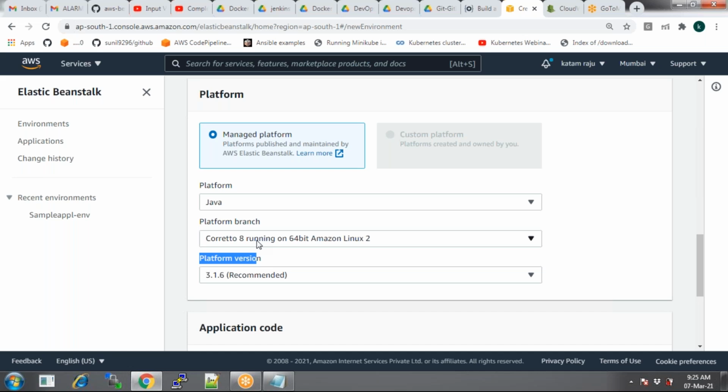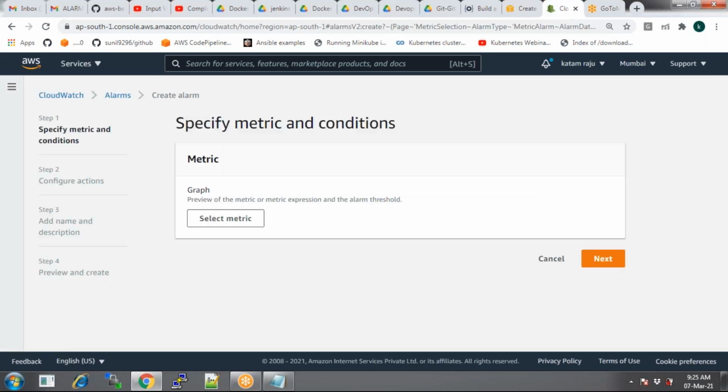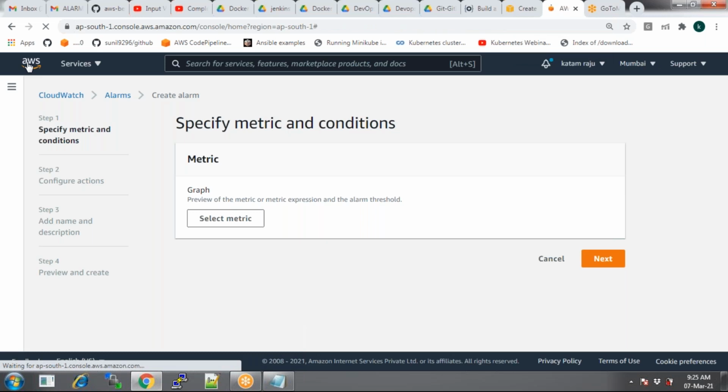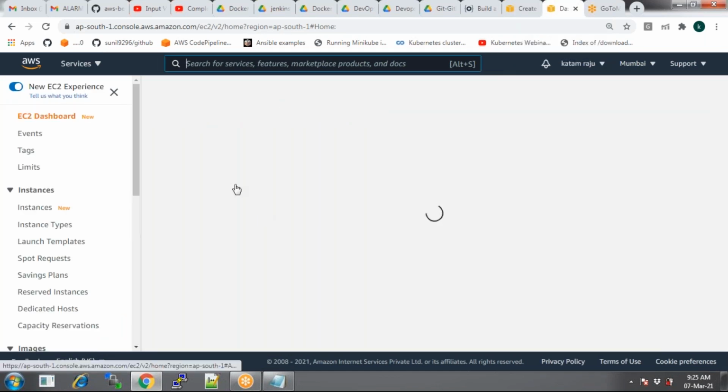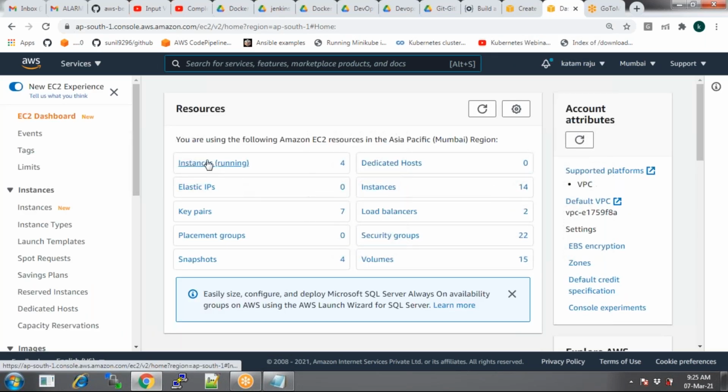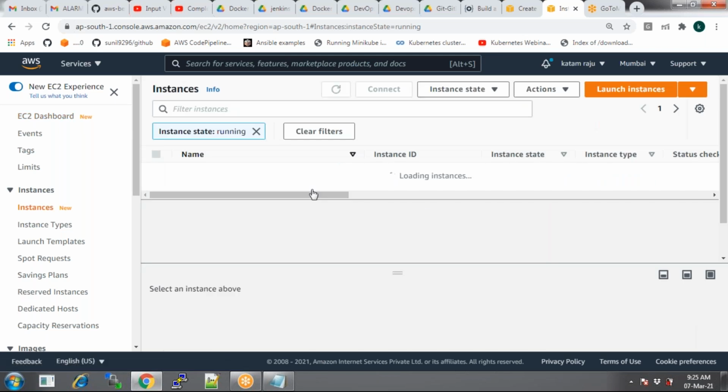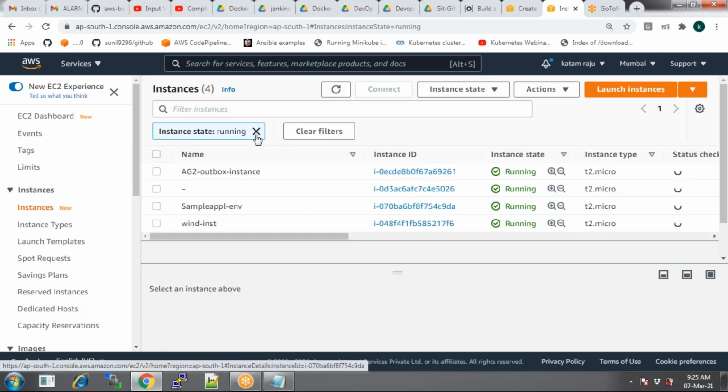Any other reasons? Let me tell you. Usually, if you go back to your EC2 instances, sorry. Maintenance. Okay. One second. Just now we discussed a topic, right?